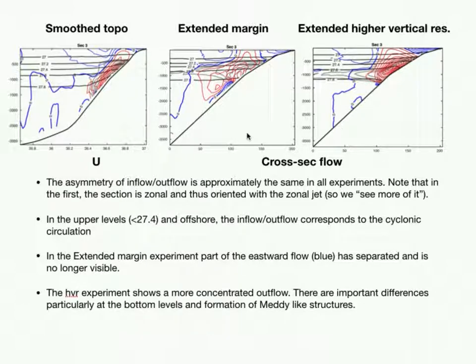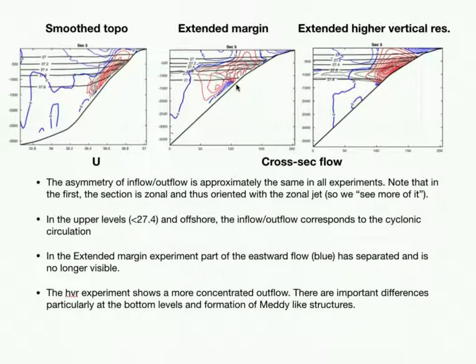So let's have a look at the vertical structure in the different experiments. So we have the smoothed topography, the extended margin, and the extended margin with higher vertical resolution. I recall that the red lines correspond to the outflow and the blue ones correspond to the inflow, or the flow into the strait. So we're very close to the coast, so we have part of the inflow